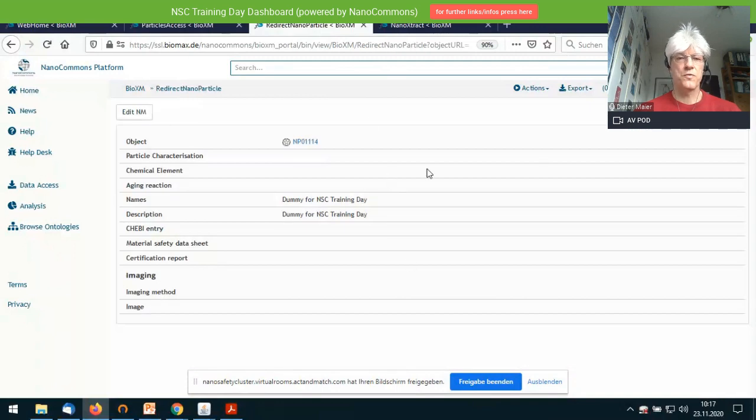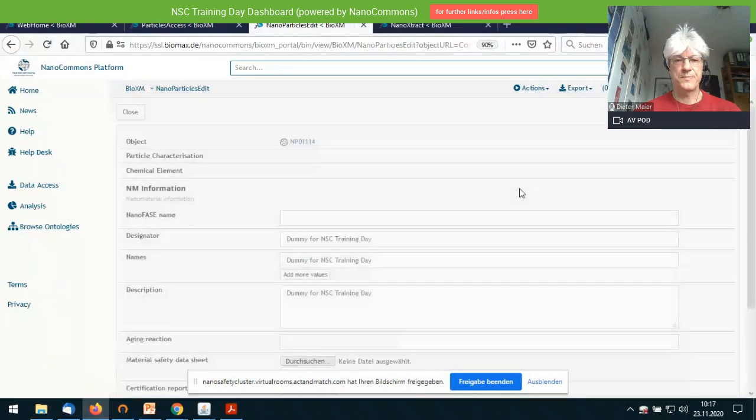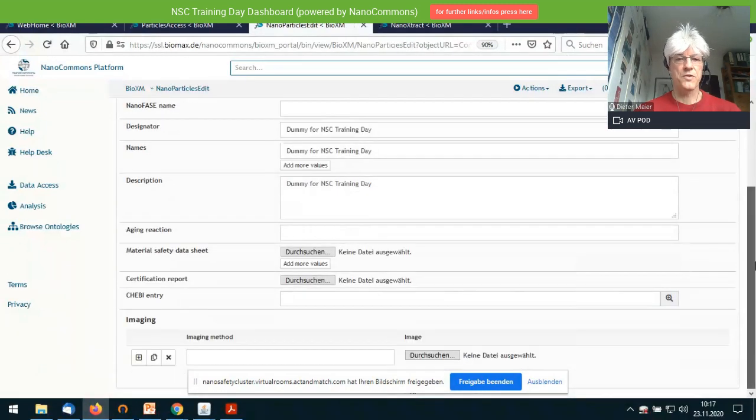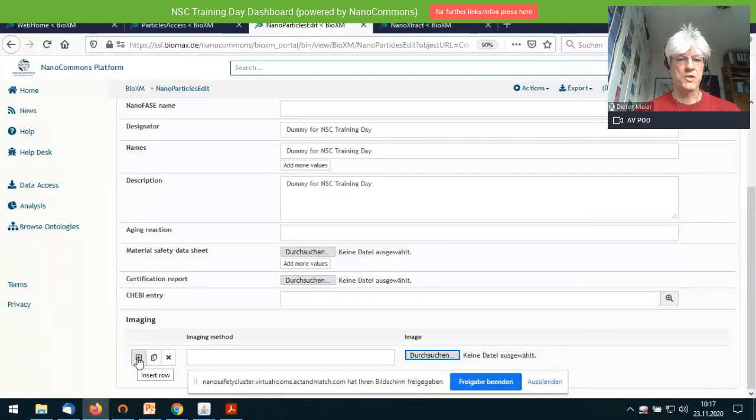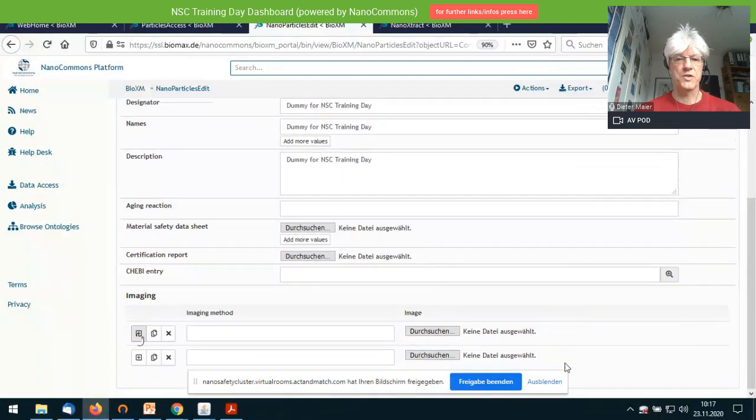You just go for the particle, you go for edit the nanomaterial, and that brings you to a page where you can upload your images just by searching and then adding an image. You can add a description, of course, and you can add as many images as you like by just inserting new rows here.